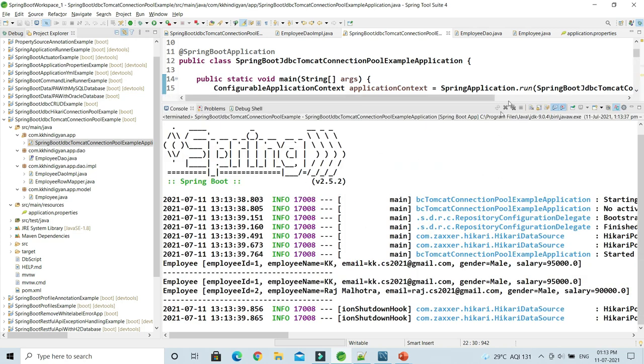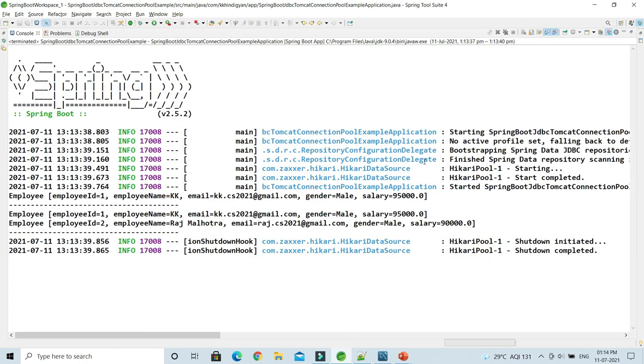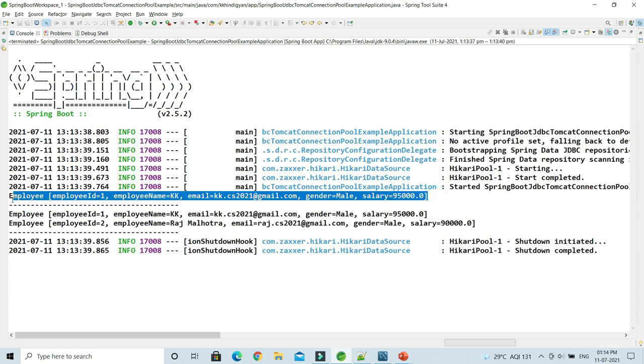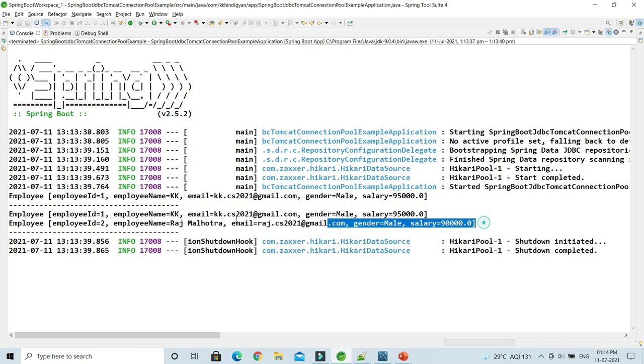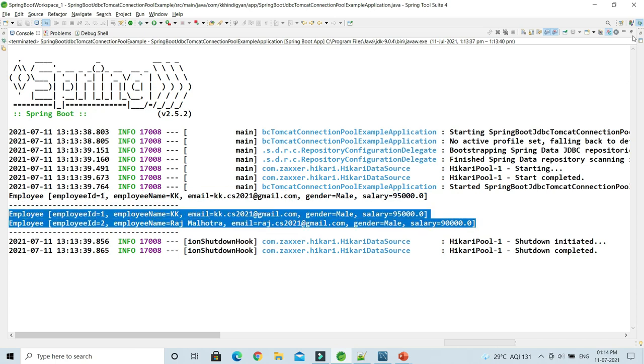So let me show you the default behavior. Till now I haven't added anything related to the connection pool. Here you can see that by default, in Spring Boot 2, it is using the Hikari connection pool. And this is the output of fetch employee by ID, and this is the output of fetch all employees.